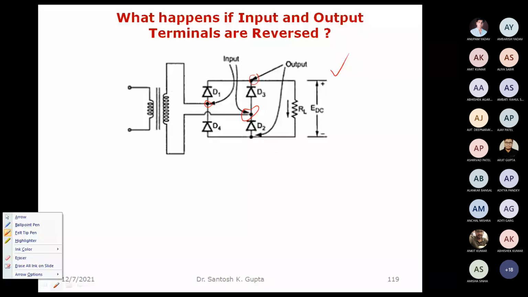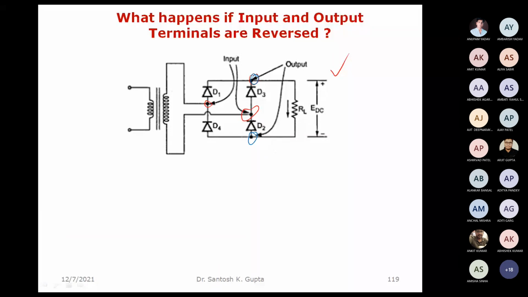So these are the two output terminals here. What will happen is that in one case, two diodes will come together with the input, whereas for the second